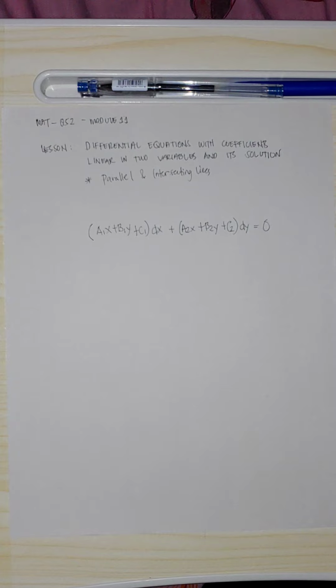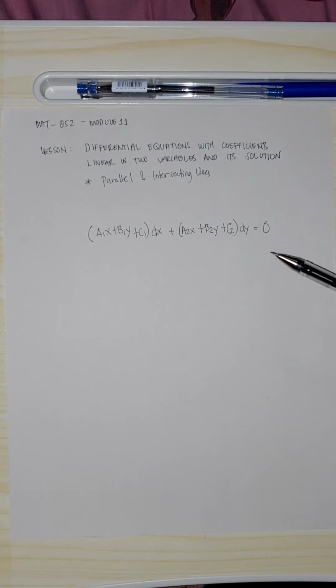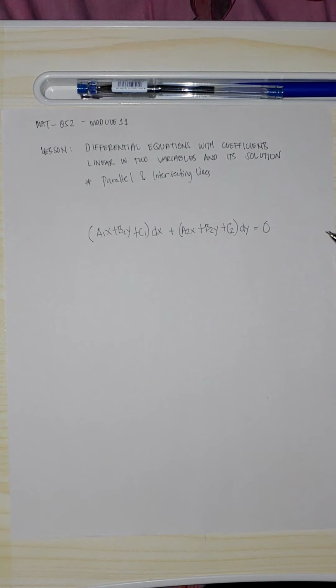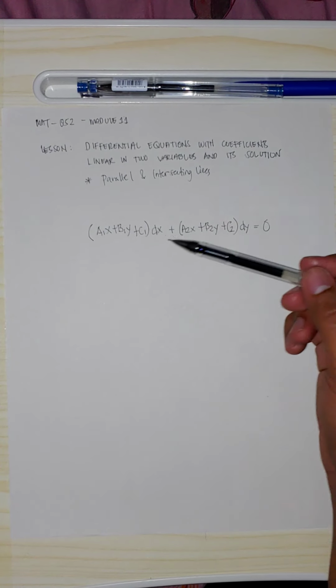So if you look at a differential equation, you first analyze what it is. Can it be variable separable or not? If not, is this a homogeneous equation or not? And if not, is it an exact differential equation? And if not exact, is this a Bernoulli differential equation or a first order linear differential equation? Something like that. So now we have finally arrived at differential equations concerning parallel and intersecting